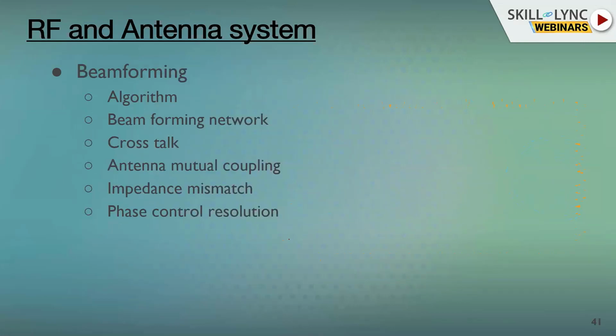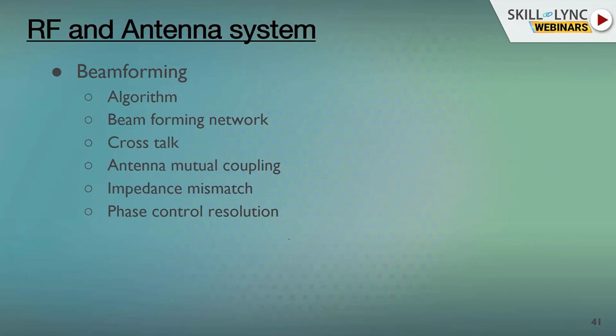And beamforming itself. You might have seen that 5G has low latency applications, right? So the algorithm should be that much efficient. It should process in microseconds. Otherwise, the whole system fails, right? Because you have to operate in a milliseconds scenario, right? So for beamforming networks also, the design should be in such a way that it should not have